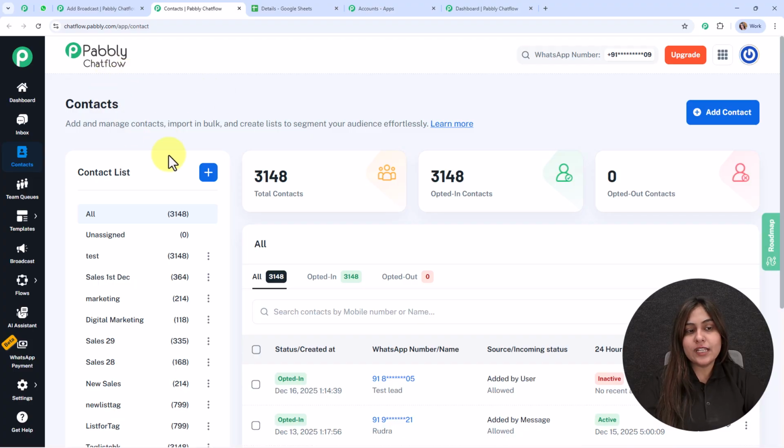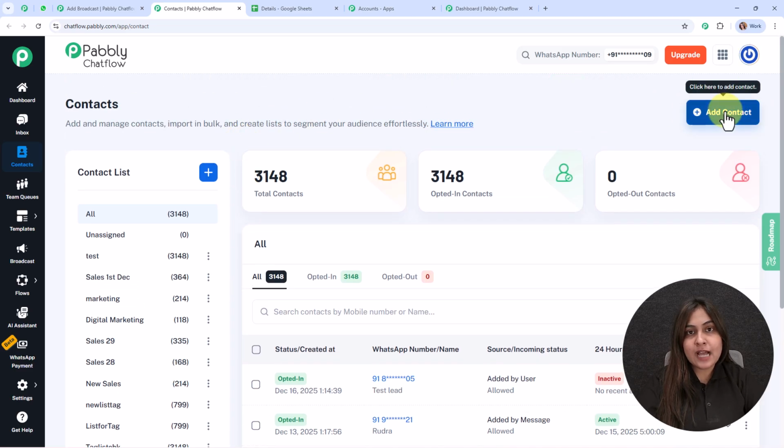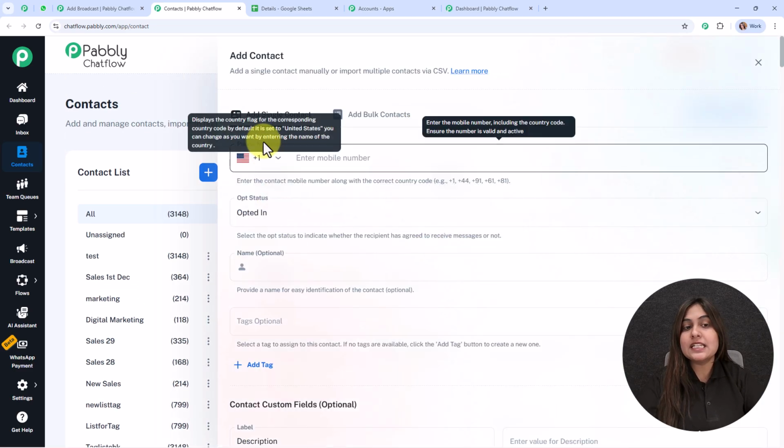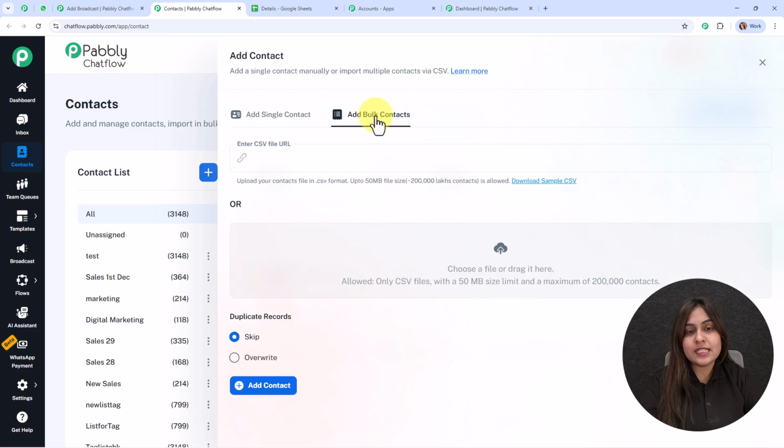Now here in this contacts, you can see in the left side, I have some contacts list that I've already created. So here to create a new one, you need to click on this add contact button, and here you can see two options. One is add single contact and the another one is add bulk contacts. So here if you wish to add the single contact, then you can create it as per your requirement, and to add the bulk contacts, you need to select this option, and then here you need to upload a CSV